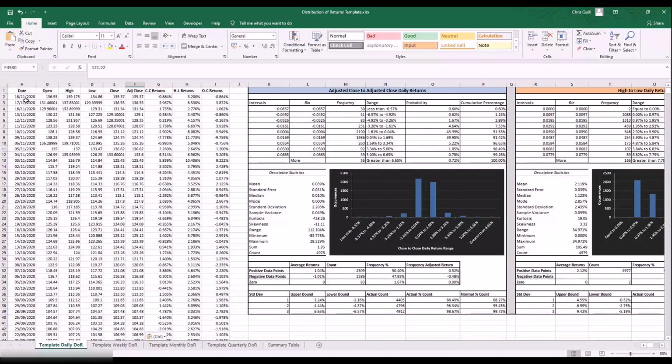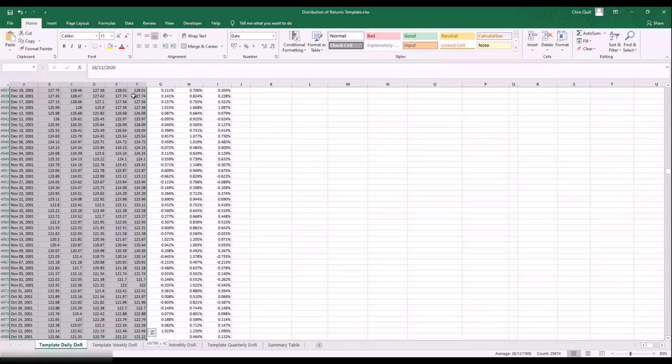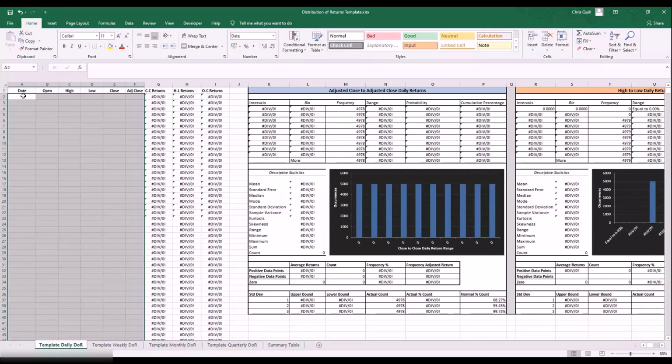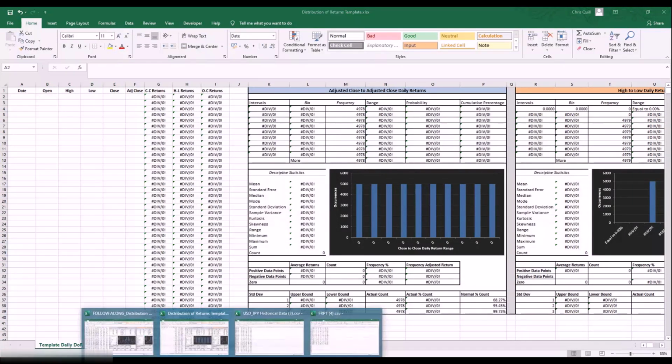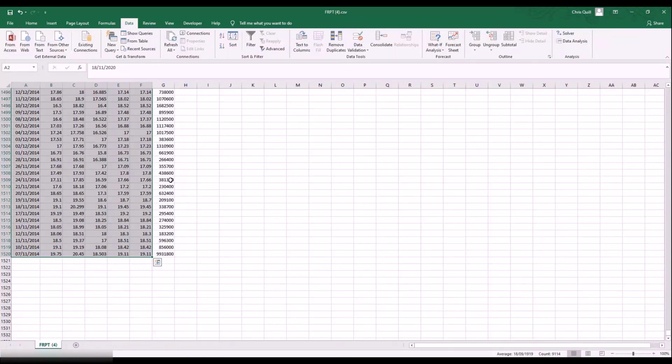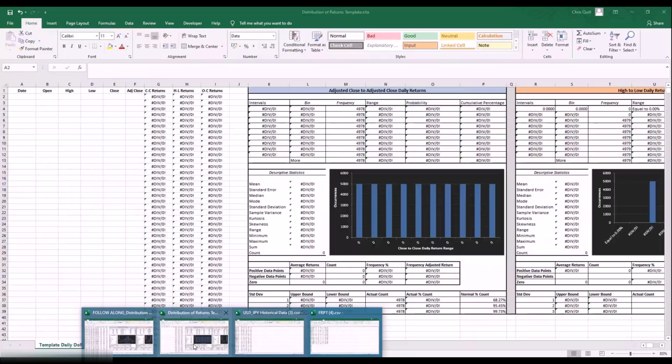So let's try that again. Let's fix it by deleting all of the data. Remember, you need to delete all the data in columns A to F from row 2 downwards first. So we're going to delete all of that data in the template. Then we're going to go back to our FRPT data file, copy all of that selection and paste it back